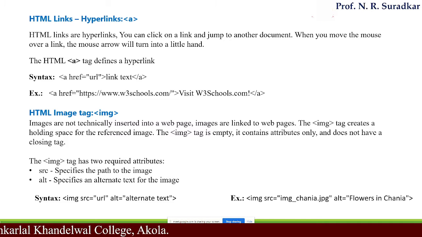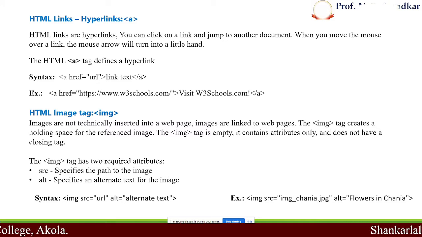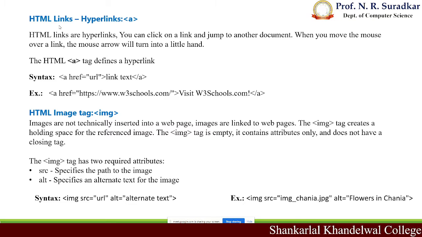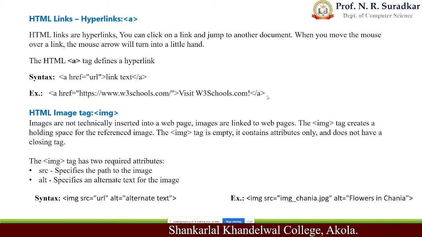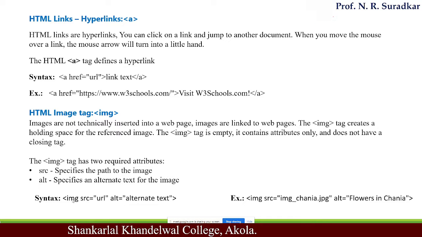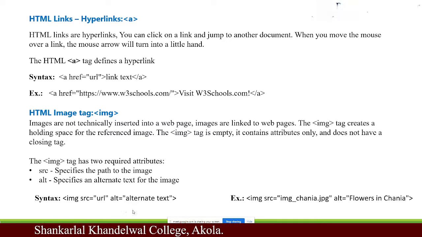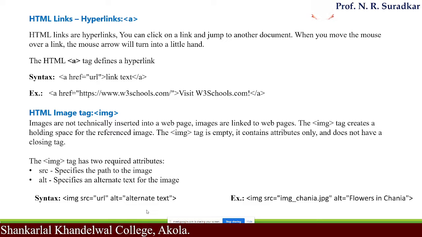But there is only one thing we have to be careful about with the image tag: the image tag is a singular tag. You don't have to use the forward slash img to close this image tag. Normally, when we see the link tag or marquee tag, they also have attributes in the starting tag, but they close with the ending tag as usual. Wherever we see a pair tag, that is the usual case, but the image tag is a singular tag in which we use only the starting tag and its respective attributes and their values.